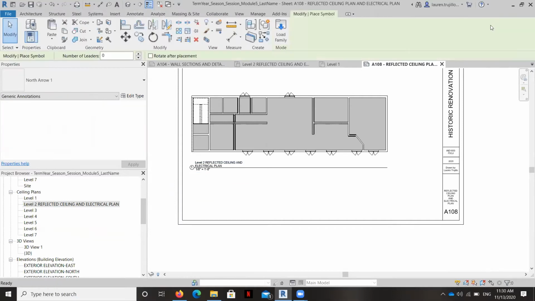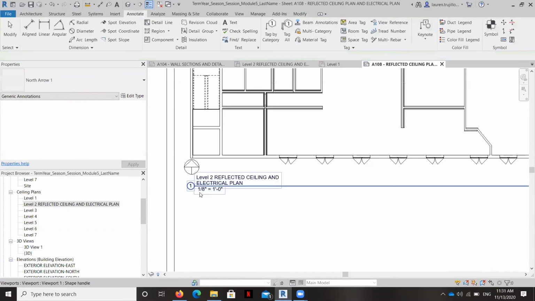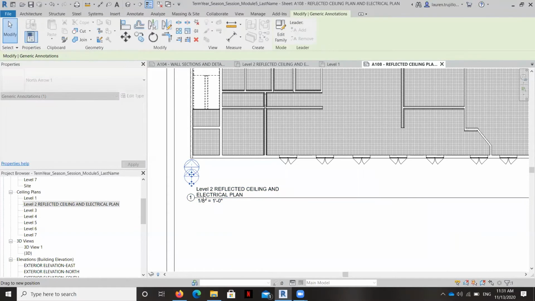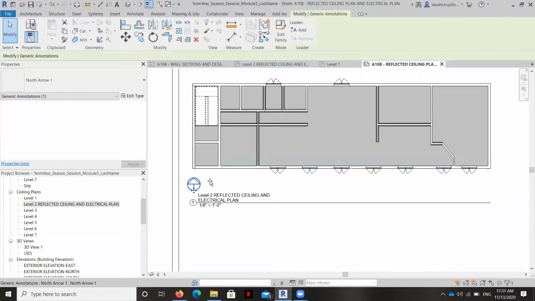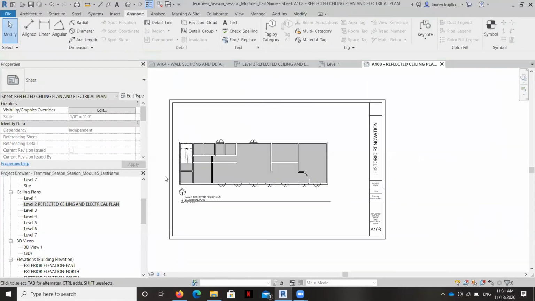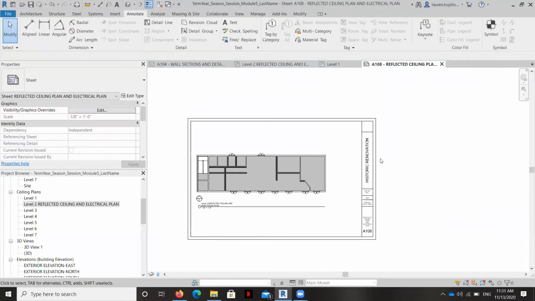And I'm going to add a north arrow. I'm just tweaking my graphic standards just a little bit, knowing, of course, that things can quickly change.